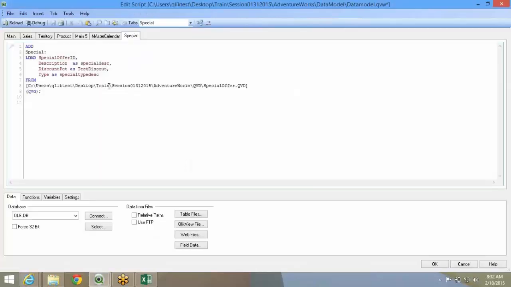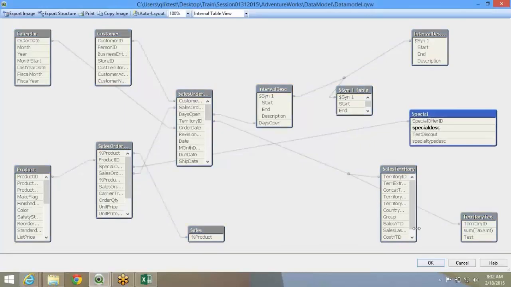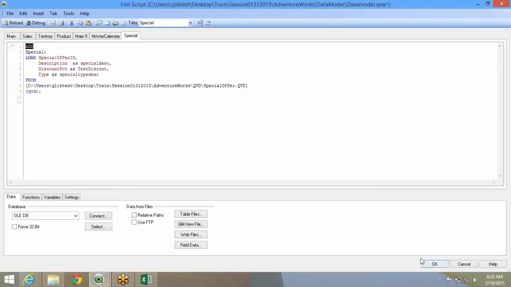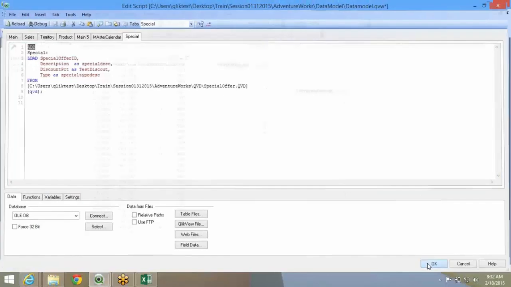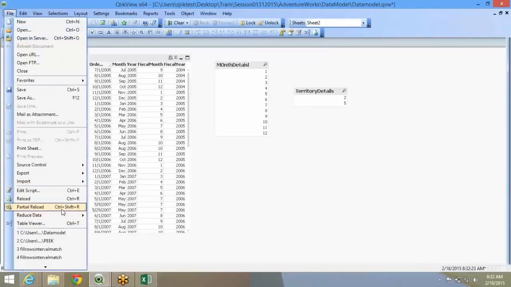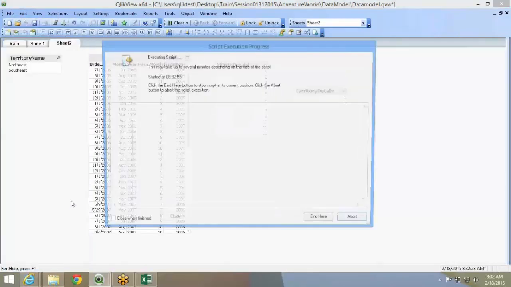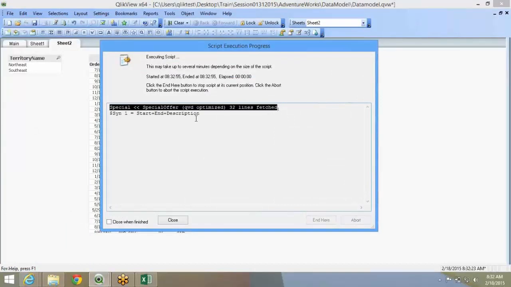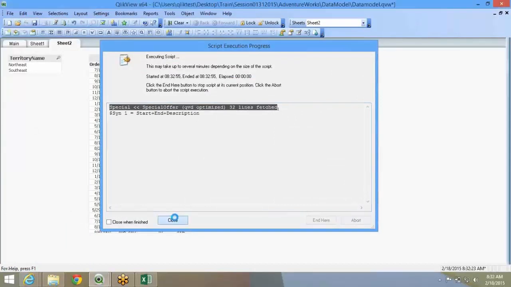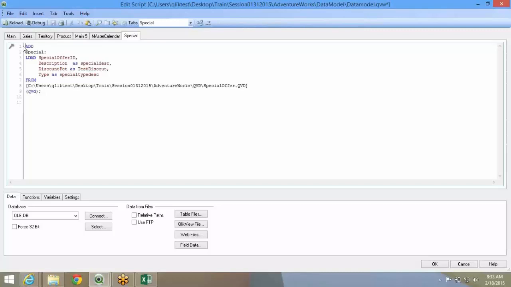What happens is, when I have the keyword add and by mistake I hit the complete reload button, ClickView will ignore the add keyword and do a normal reload. In that, the special offer ID also got reloaded. The add or replace keywords work only when you use the specific partial reload option. So there is a reload option, and there is a partial reload option. When you use the partial reload option, ClickView is going to run only the table where the add keyword is there. It's only for the table, not for a specific script.